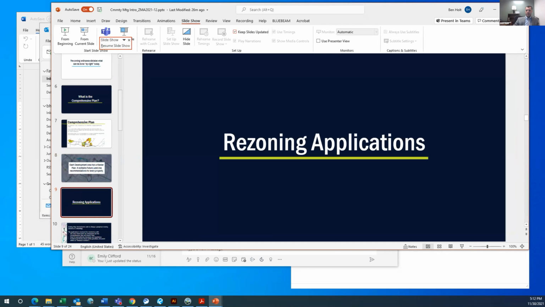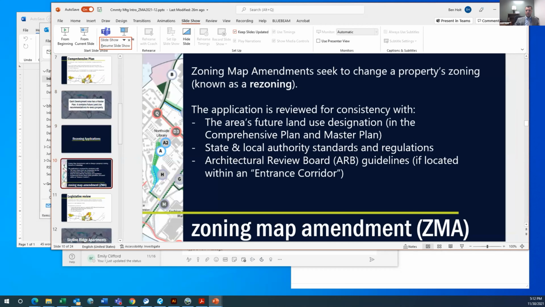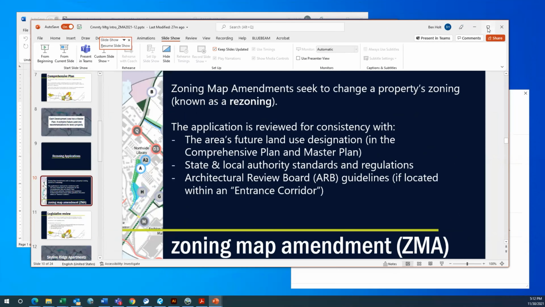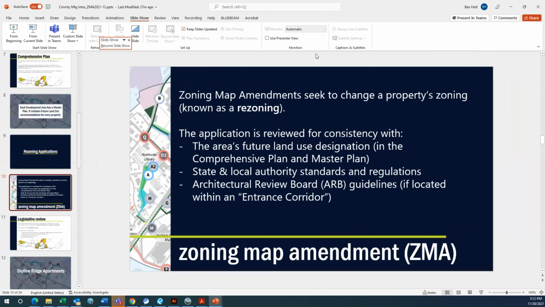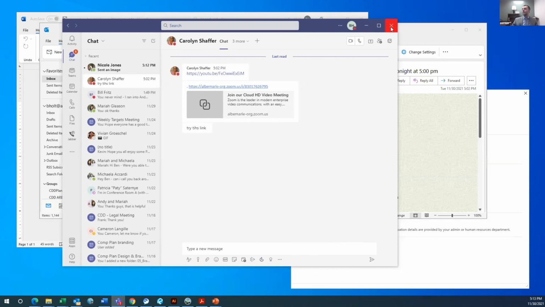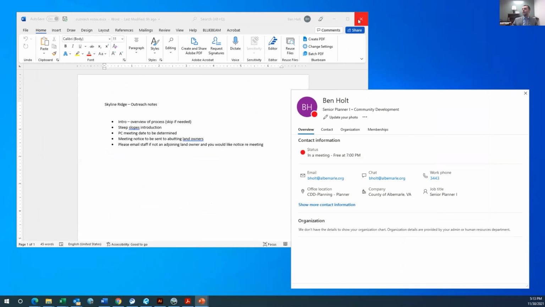You know what? Now I'm frozen. My slide won't advance. There we go. What you might want to do, Ben, is close everything in the background. You have a lot of things open, which could be part of your issue. I would shut down everything and then open up your PowerPoint again and try to do it in the presentation mode. Okay.